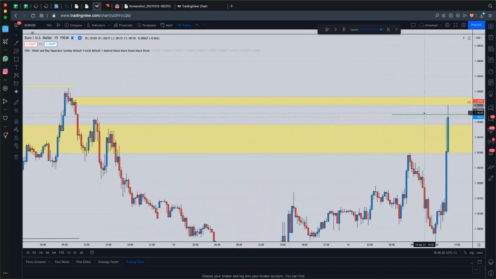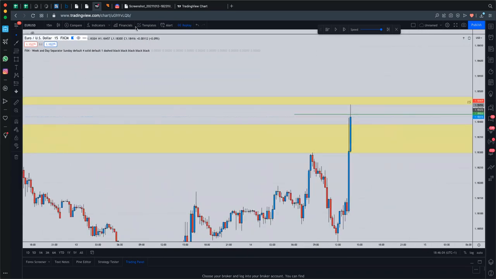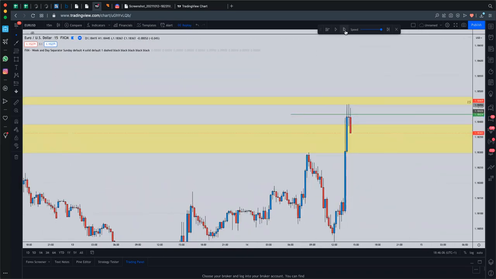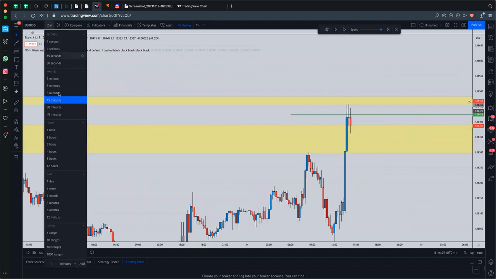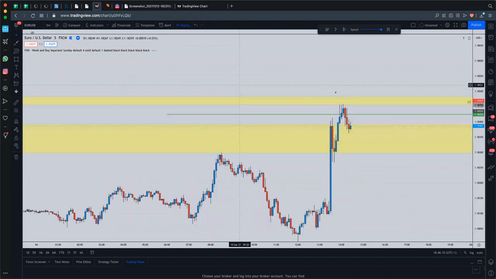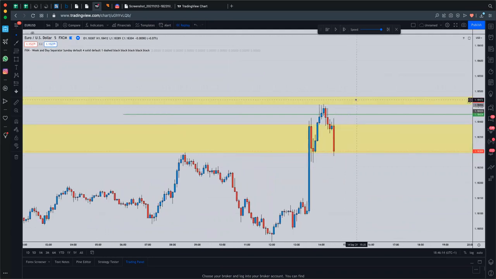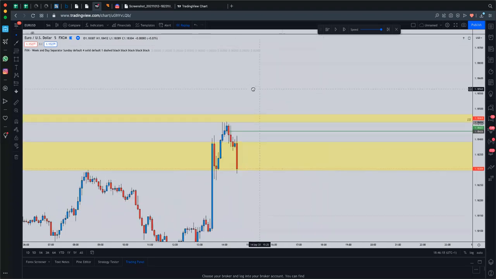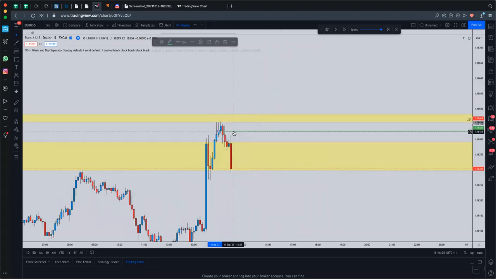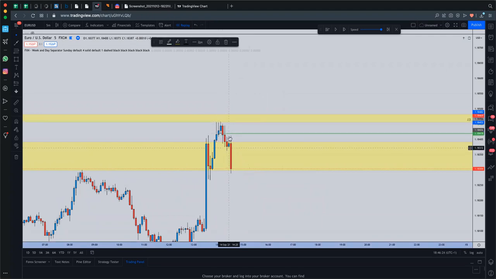Okay, and then why else did I leave this green line here? Let's just hit play a couple of times. Okay, and let's drop into the 5-minute. From here, I'm not sure why that was so far up, but I'll show you on this example. From here, when this kind of goes up, breaks below, this could be your entry here. Okay, it doesn't quite get there, but in that region, because you already know you've tapped into this area here,